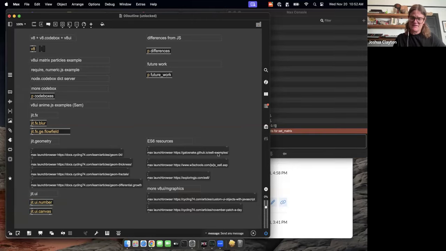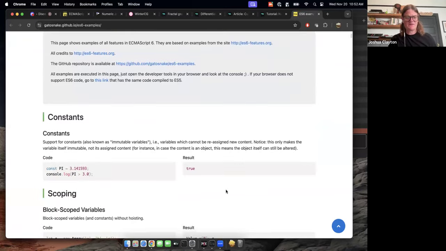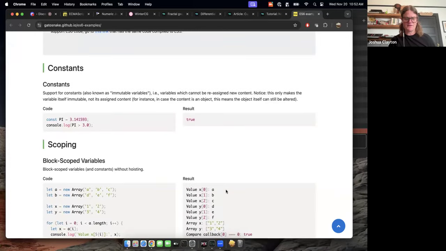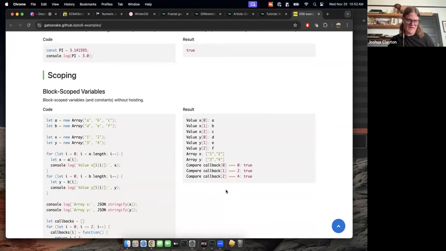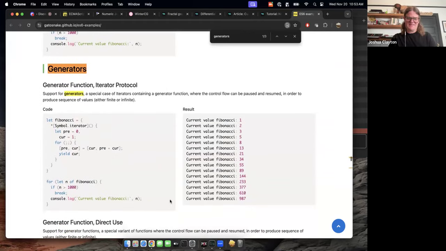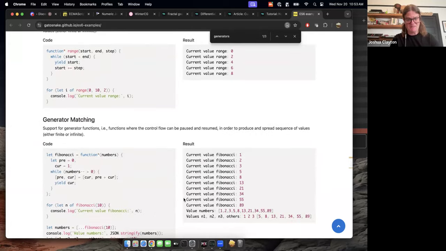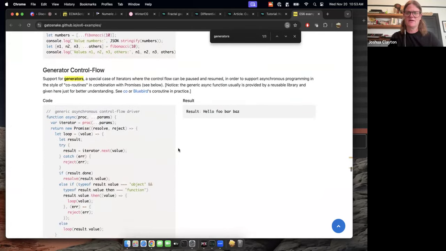For learning more about ES6, there's some of these resources that I'll point people to. This has lots of clear examples of all these really neat aspects of ECMAScript 6. Some of the things I haven't even played with yet, for example, generators. These are pretty cool, where you can define a special kind of iterator, or just a function that then will yield, and other things can happen independently, and then it can restart. So I haven't played with that stuff, but there's some neat things here, and these sites that are linked to